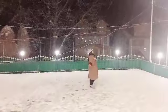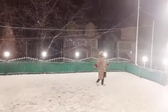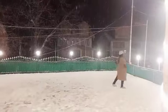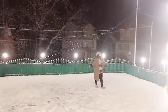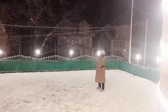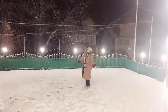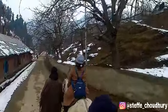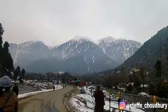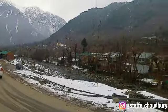So, जो lawn मैंने आपको दिखाया था, you guys can enjoy snowfall here as I am enjoying now. If by any luck you get to experience snowfall here, क्योंकि पहलगाम स्नोफॉल में और ज्यादा खूबसूरत लगता है. पहलगाम को मैंने काफी अंडर एस्टिमेट किया था, बट पहलगाम इज वे मोर ब्यूटीफुल देन माई एक्सपेक्टेशंस. हमने पहलगाम में बहुत ज्यादा एंजॉय किया, बहुत जगह एक्सप्लोर किए एंड बहुत सारे सीनिक प्लेसेस को कैप्चर किया